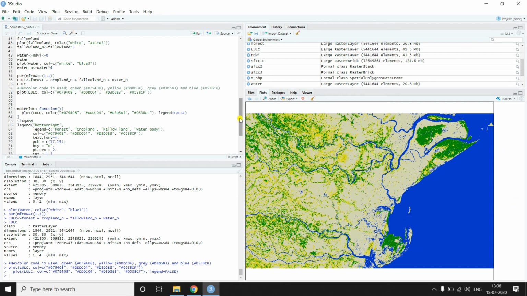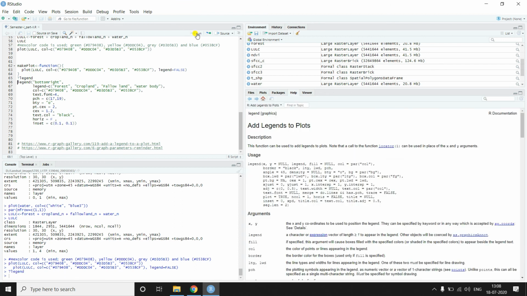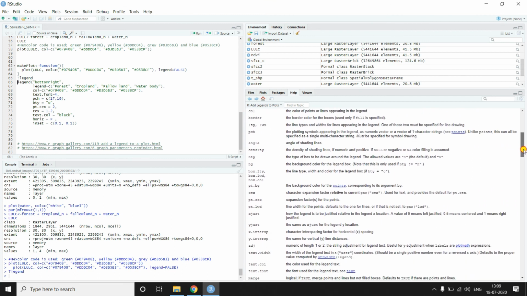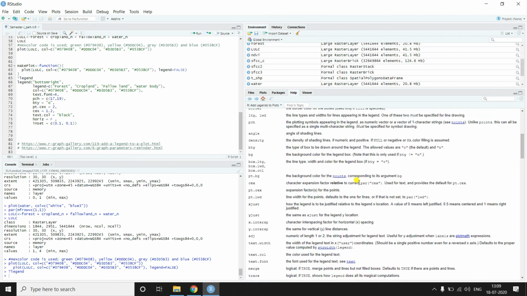Now if I want to add a legend, then we have to use this legend function, and there are some components or parameters we have to assign. You can check the components using the function legend and adding a question mark. If you run this line, you will get a complete list of parameters and their brief description. You can check this description carefully.